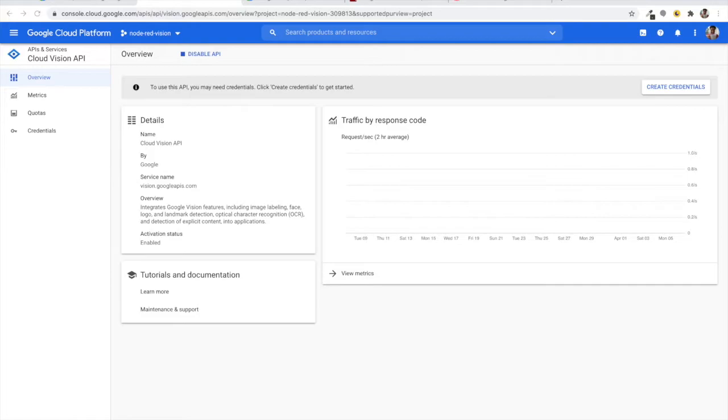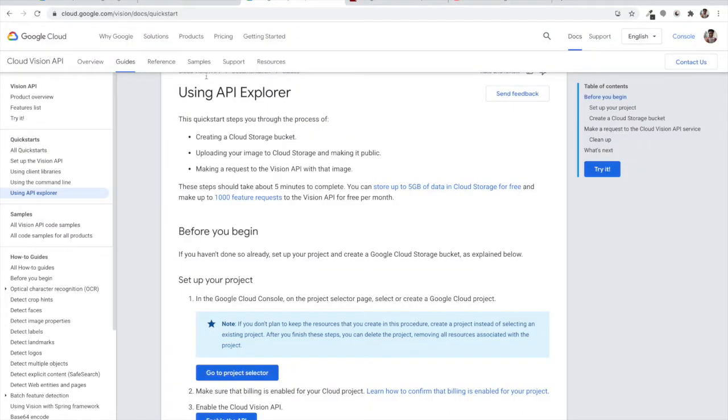So now let's jump in and see how we are going to use this Cloud Vision API, and first of all, how we are going to access it, and what setup steps we need to do. For that, Google has made it very simple. You can just go to cloud.google.com/vision, and there you can search for the quick start. So this is the link. I will be passing this in the description of this video. So this is the quick start link by which anybody can very easily do it. So we will be following this quick start document line by line.